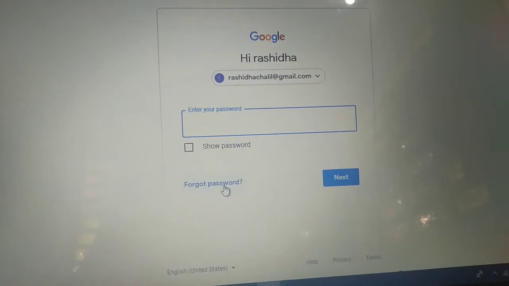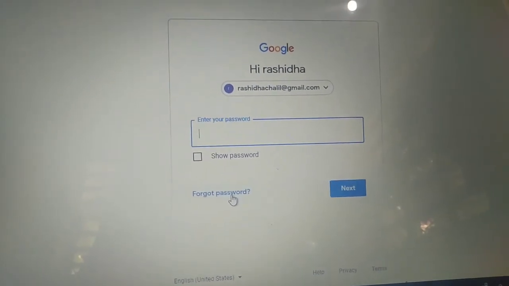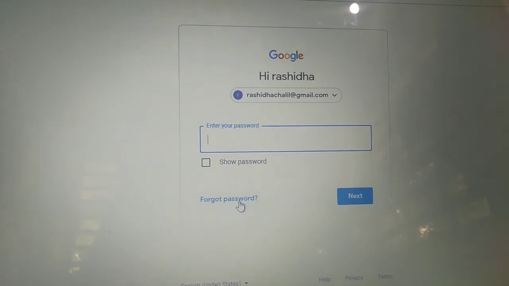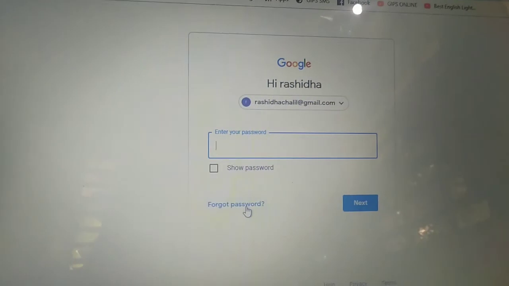Then you get a box to enter your password.